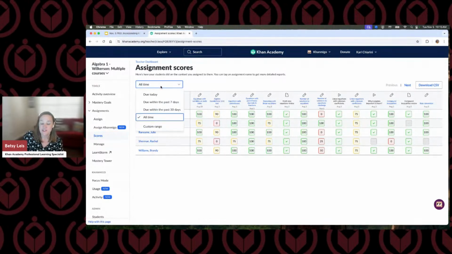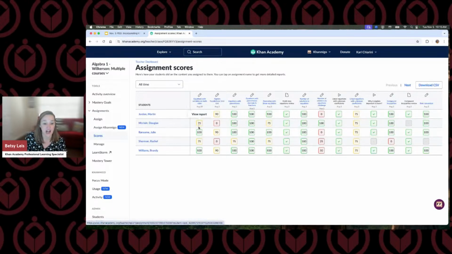You are able to toggle with some of the time. For today, I'm going to use all time. But if you wanted to just look back at the week, you'd be able to do that. And then you've got here a breakdown of how each student did. And notice we use the colors red, yellow, and green, and that helps with some of that needed differentiation, interventions, and even MTSS. You'll be able to see here what score each of your students got